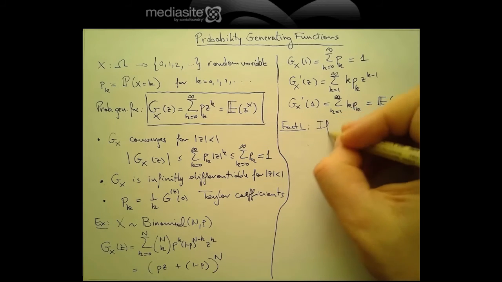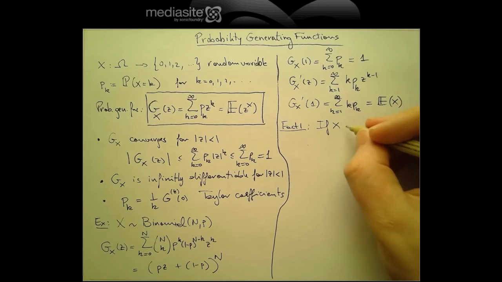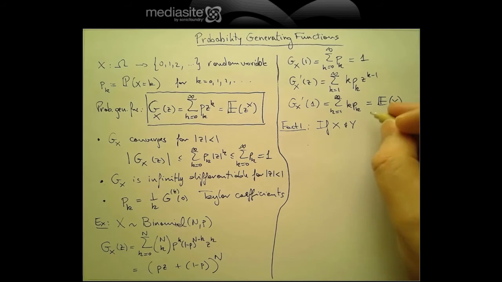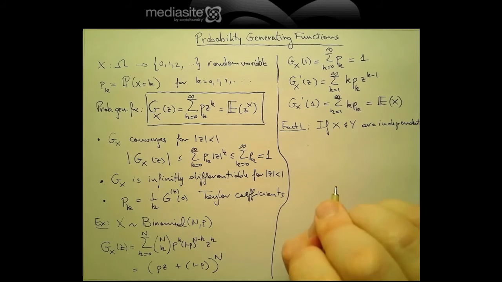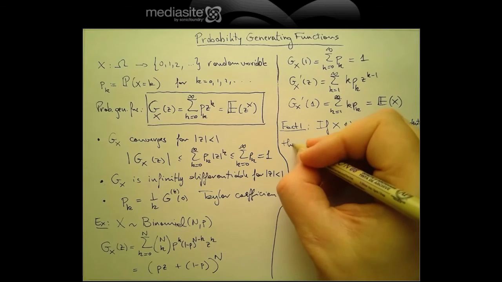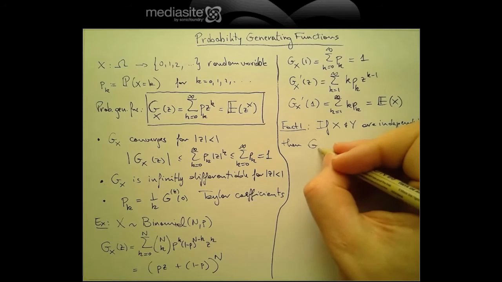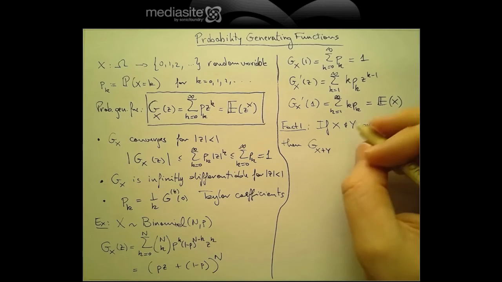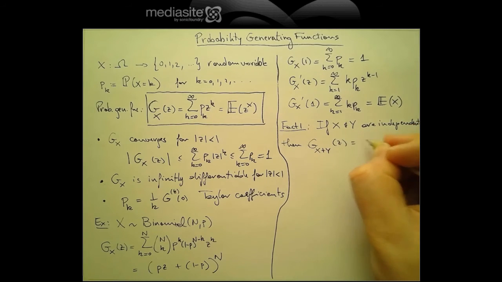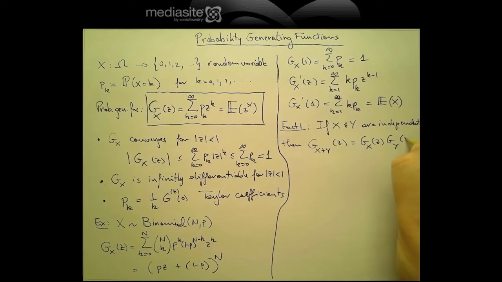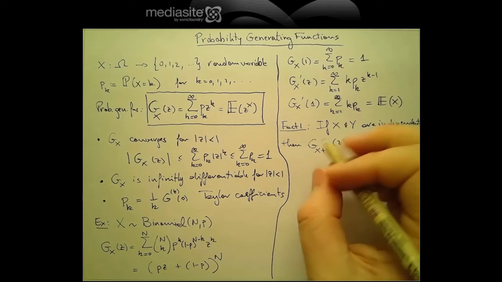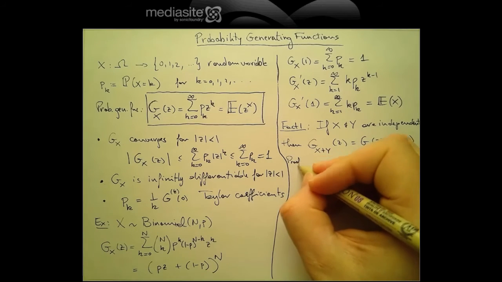If you have two random variables X and Y that happen to be independent, right, then the generating function of the sum is just the product of the generating functions. The proof is actually quite easy,